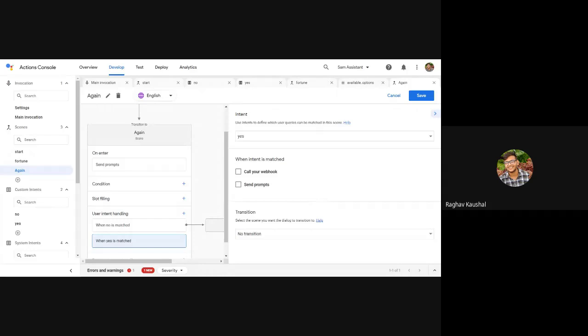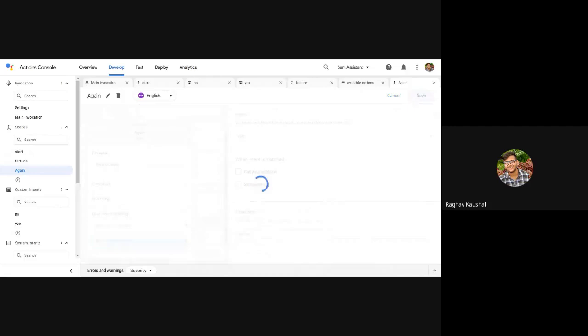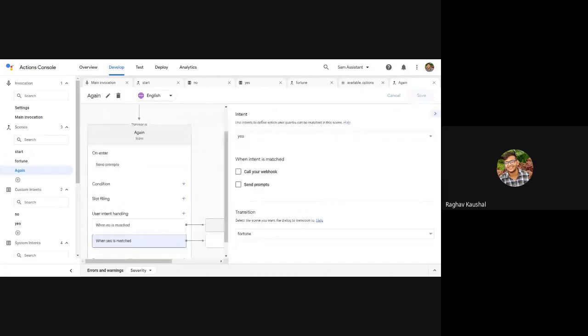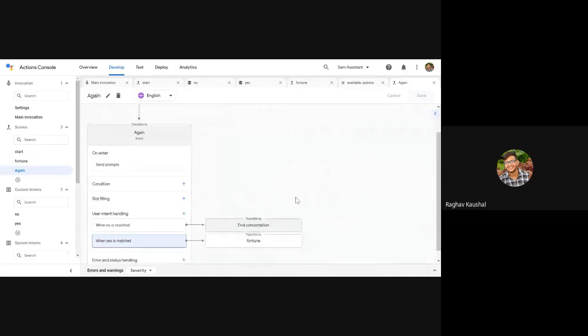So I think at that moment, one more prompt is not necessary, because you can just transition them back to the fortune scene which we created. So I think here you can just transition it back to fortune and then click on save. Too many prompts might feel boring. So we'll take it back to fortune.